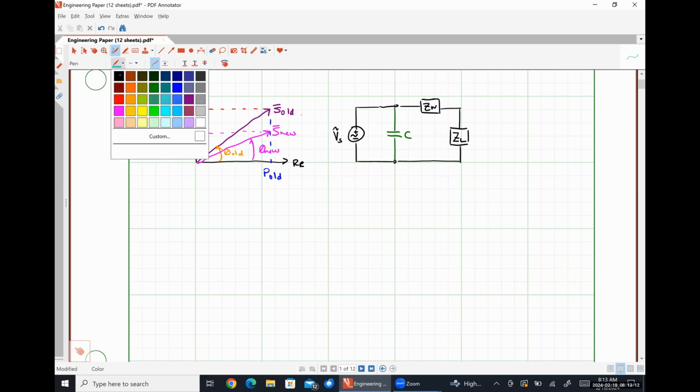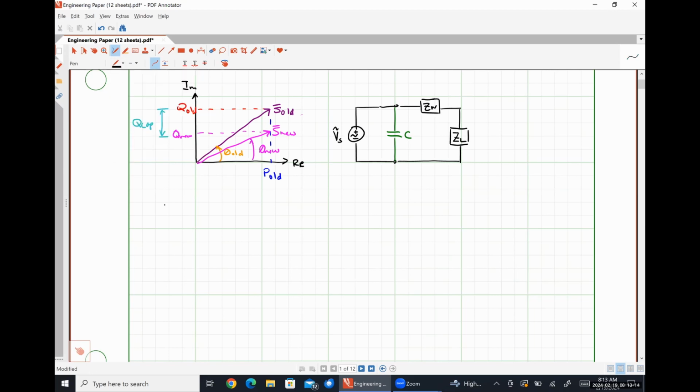So if we define S old to be P old plus jQ old, and we define S new, our complex power after power factor correction, to be P old plus jQ new, then